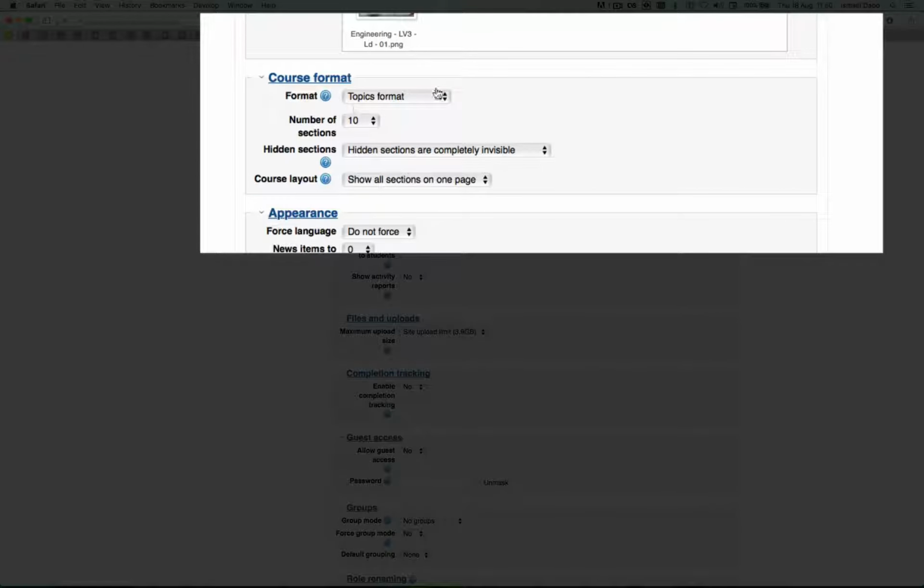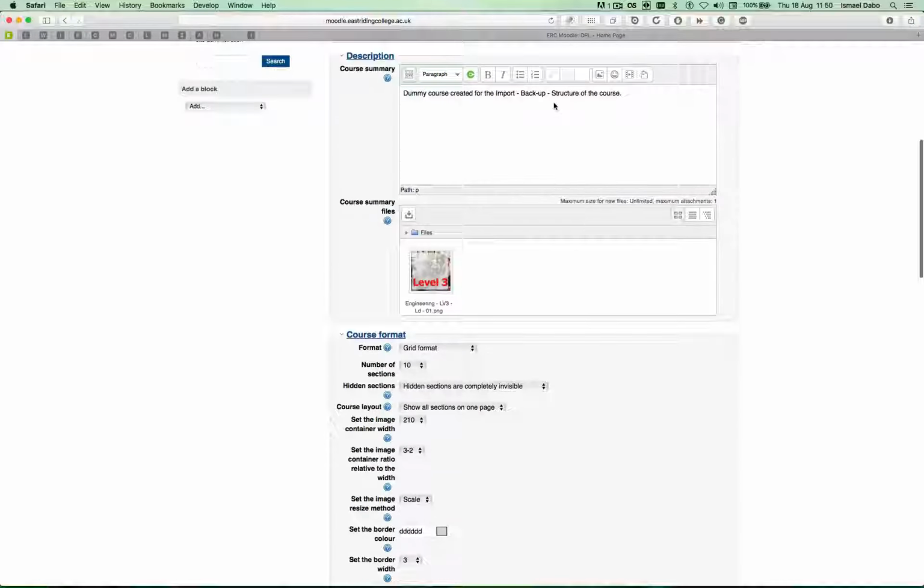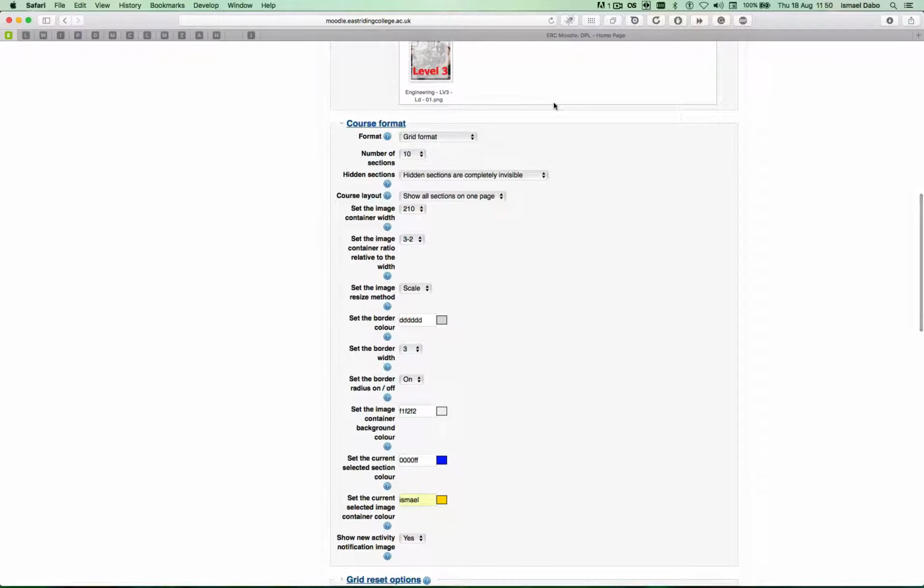Got the course format, the topic format. So this is really important. I think I'll stop here for a sec and concentrate on that. Here, you do have several options. You've got the grid format. Actually, let's click on it and let's see what happens. So my page has refreshed as soon as I've clicked on the grid format, and you have still the numbers